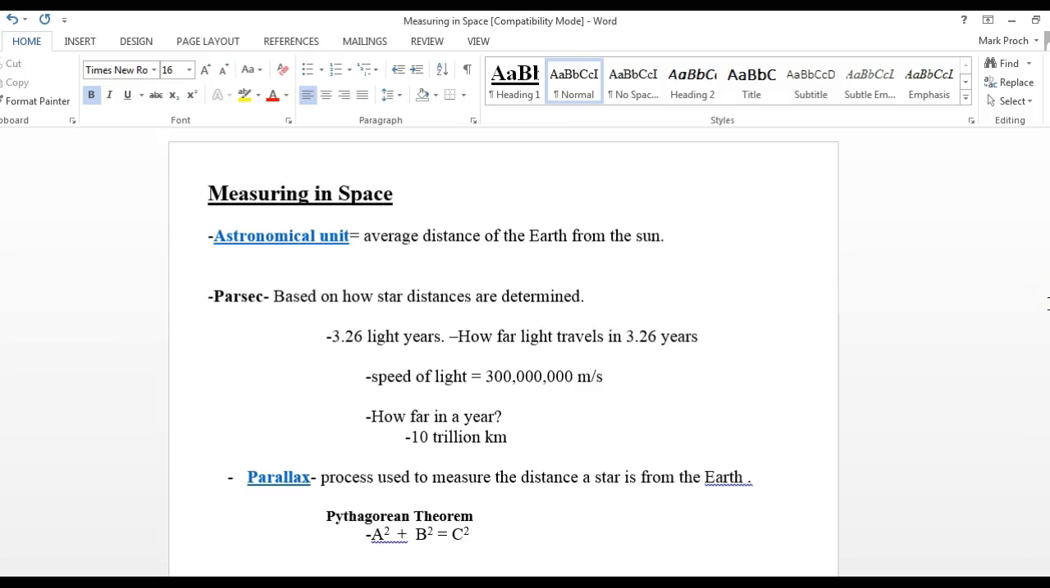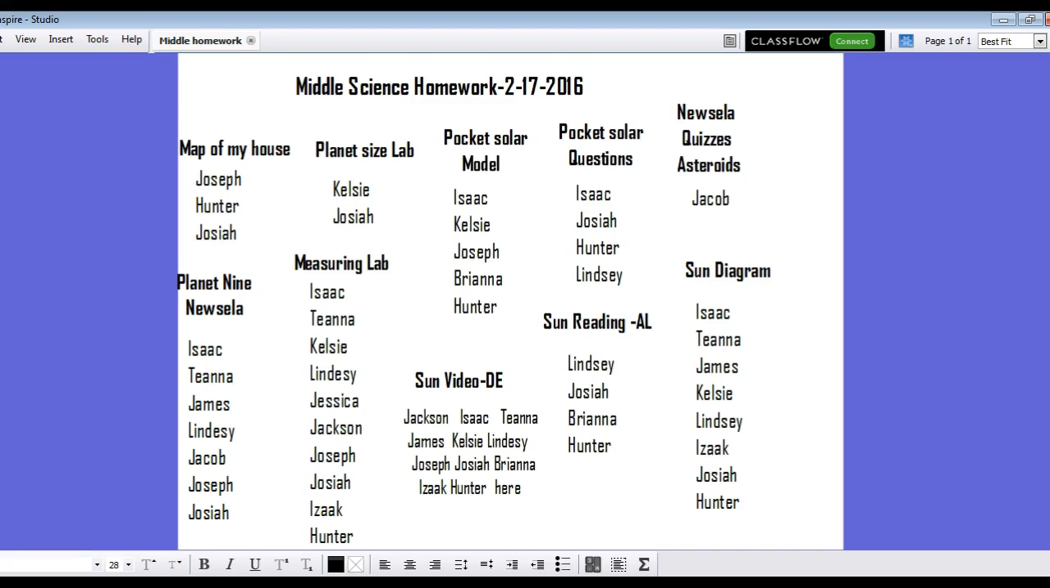Alright, so this would be our notes on measuring in space. If you missed these in class, this is how you're going to get them now without me in class. It'll be fine though. So when we're talking about measuring in space, it's very different than when we measure somewhere